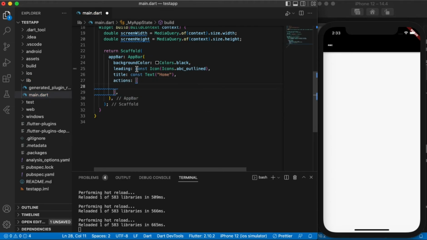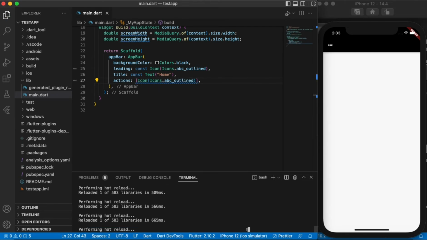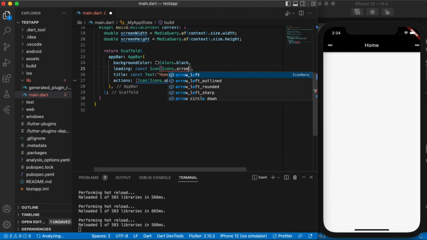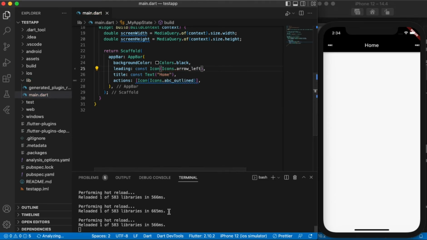Then in this case, I'll just put the icon, this one, so that you can just see. Okay, so as you can see, it came out nicely. We have this trailing object, which for intents and purposes, let's just say arrow back or arrow left, because usually this is the